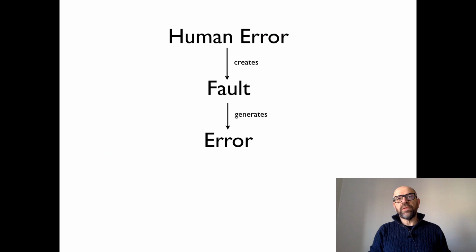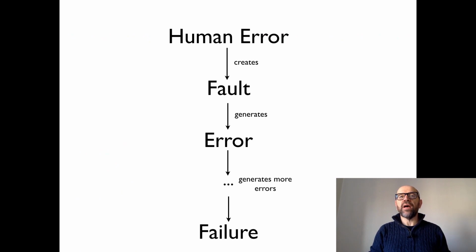And usually this behavior is not necessarily visible. It's an internal behavior that is hidden inside the execution of the program. And these errors generate changes in other behavior of the program. And at some point, this behavior becomes visible. Well, when this behavior becomes visible, we call this error a failure, and usually what we call a bug. A bug is basically, yes, we now discover that the program is not functioning correctly, right? So what is visible for the developer that is verifying or validating the program is that actually